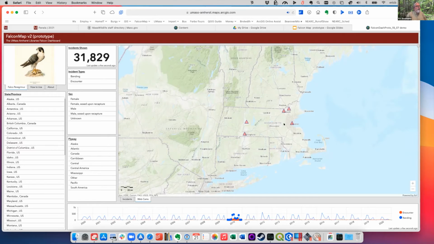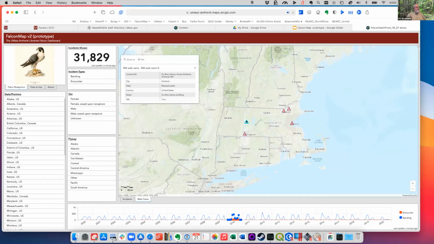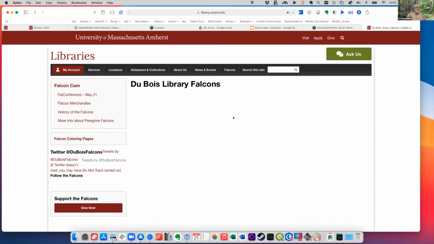So right now we've got Massachusetts, at least the ones I know about. Here's UMass Amherst. And if you click on that location, it does a little pop-up. It says, okay, this is on the Du Bois Library in Amherst, Massachusetts, on the Du Bois Library building. And it has a link directly to the webcam,